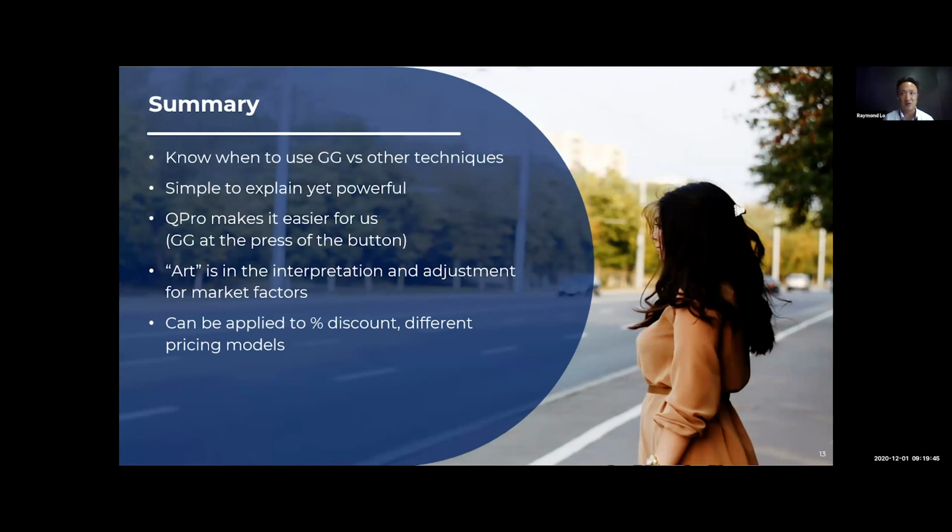So we can use the tool and make it fit some of the new pricing models that are emerging out there as well. So it's even more powerful than we'd imagined, with new use cases coming around the corner all the time. So yeah, that's the summary. That's it from me about Gabor Granger.